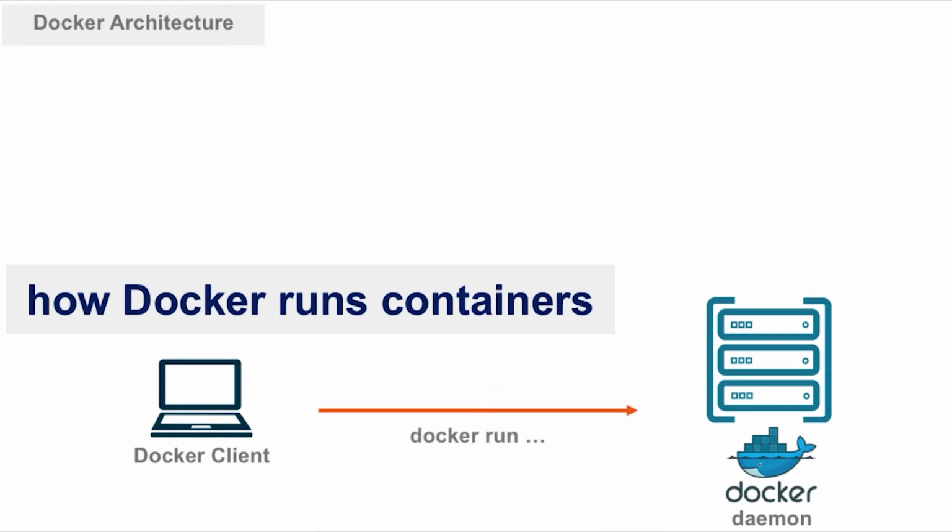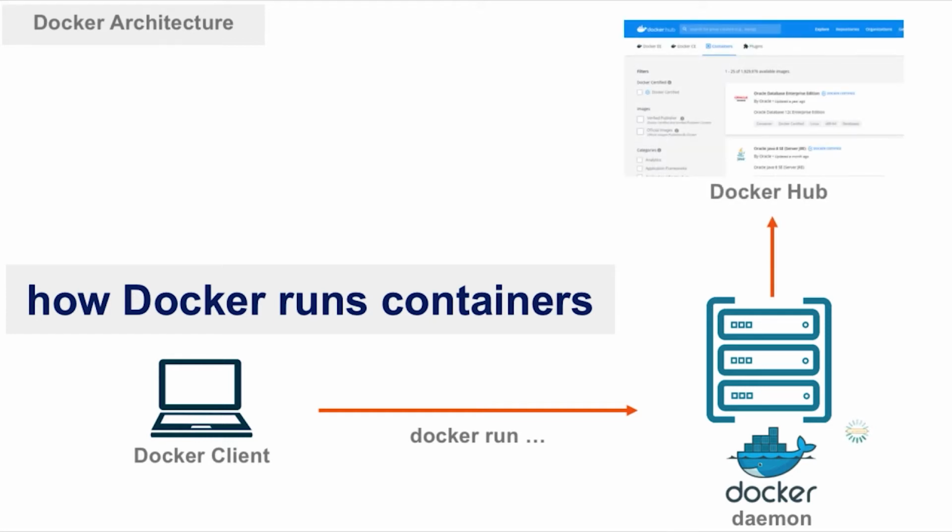The Docker client runs a command, in this case, a Docker run command. The intent is to run a container on a Docker daemon. The first thing that the Docker daemon would do is search its local storage repository. It will search, hey, do I have a copy of this image that this client is trying to run as a container? If it doesn't exist locally in the storage subsystem, it'll reach out to